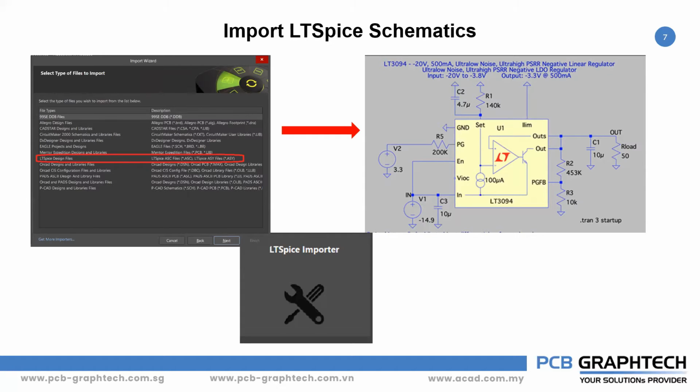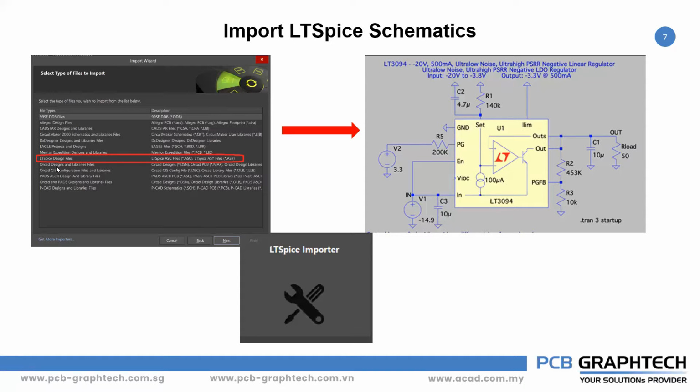What it can import is the ASCII files from the other interface softwares, and this ASCII file will have the internal PSpice model information. All the details about the PSpice models will be internally available with the files, and it will be placed as a schematic document. You can see on the right side the schematic document, and this is an LT-SPICE component. So when the design comes in, it places the SPICE component, and all the properties of that component will be available. So you can import it.